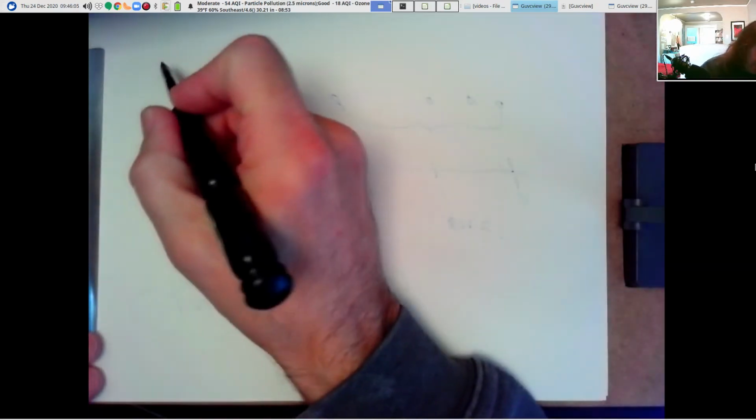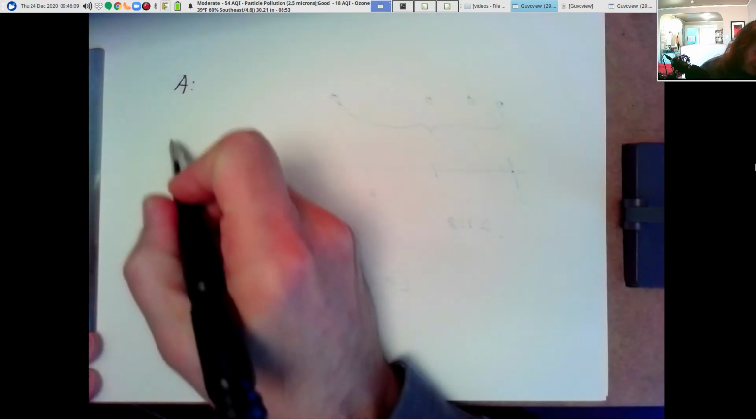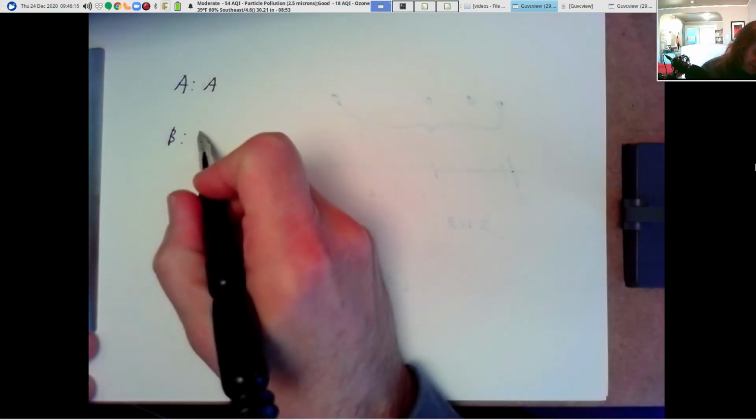So we started playing with sequences of letters, and so I'm going to make 2 sequences. The first I'm going to call sequence A, and the second sequence B. And A is going to begin with the letter A, and B is going to begin with the letter B. Not very inspired, but it's a starting point.